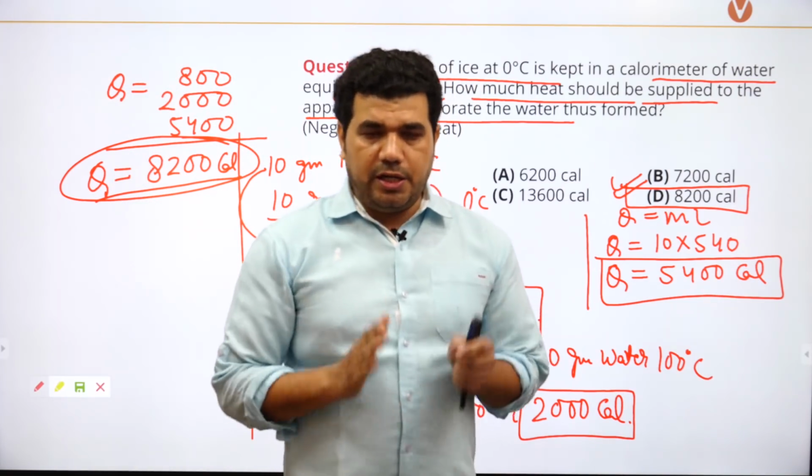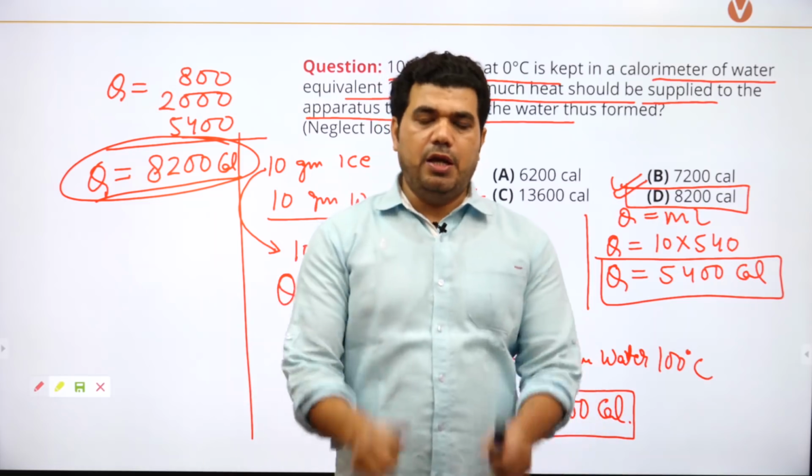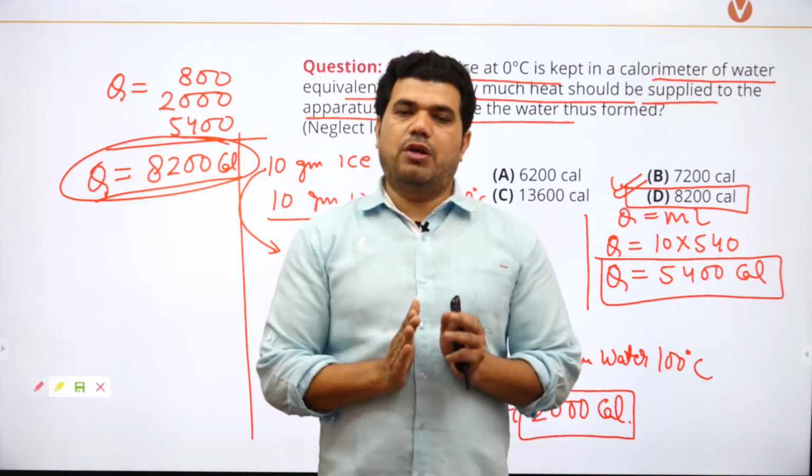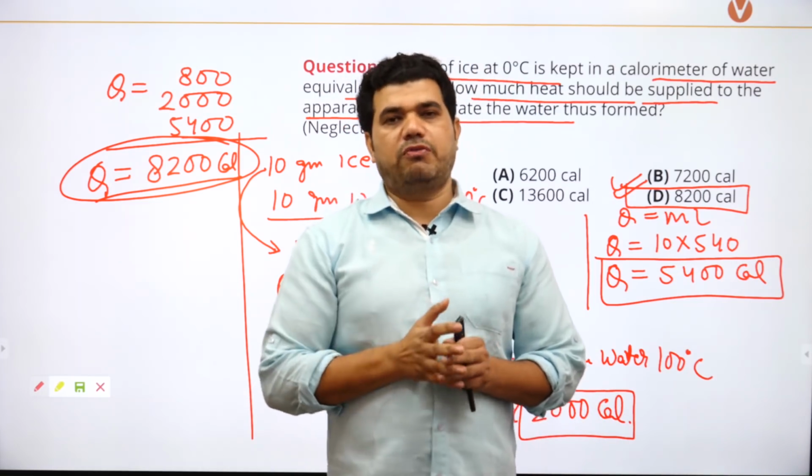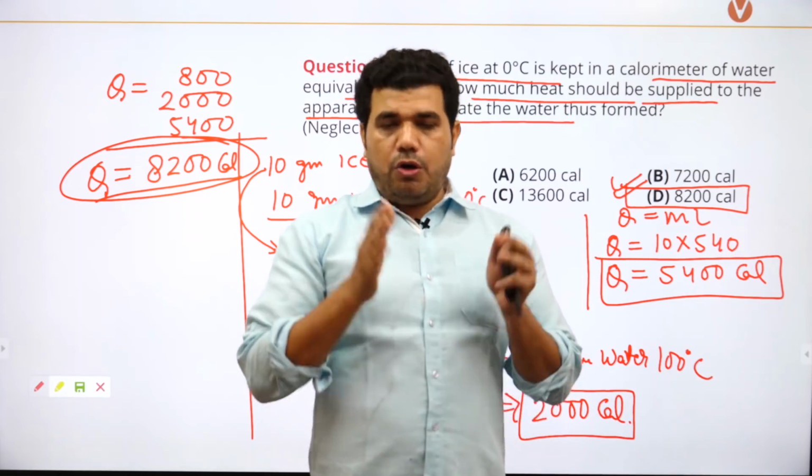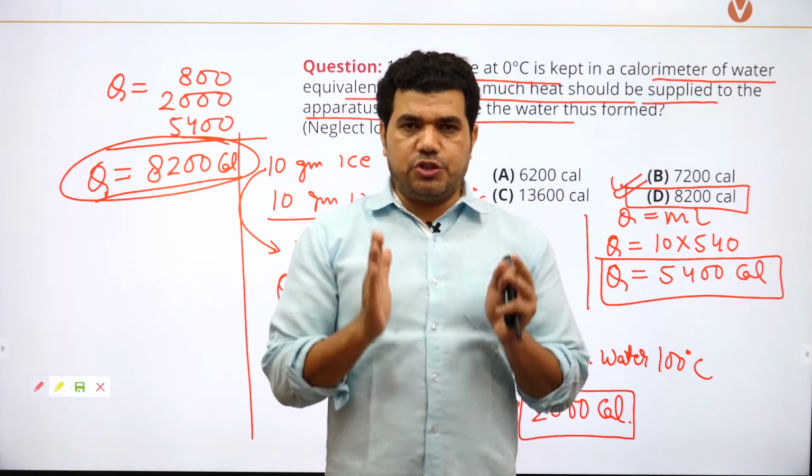तो calorimetry के इस क्वेश्चन को आप एक बार फिर से सॉल्व करेंगे और इस क्वेश्चन को सॉल्व करके इस तरह के और भी क्वेश्चन सॉल्व करेंगे क्योंकि बहुत छोटे छोटे चैप्टर्स हैं और इन चैप्टर्स से आप अच्छा स्कोर